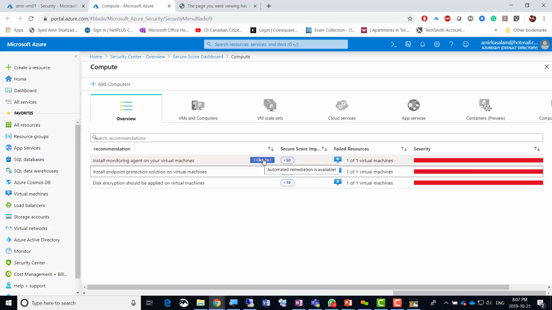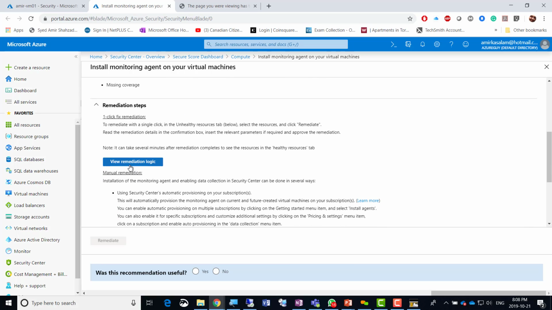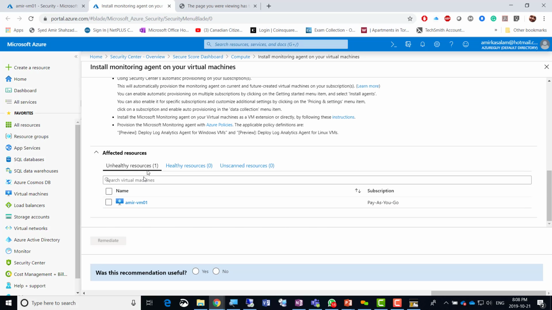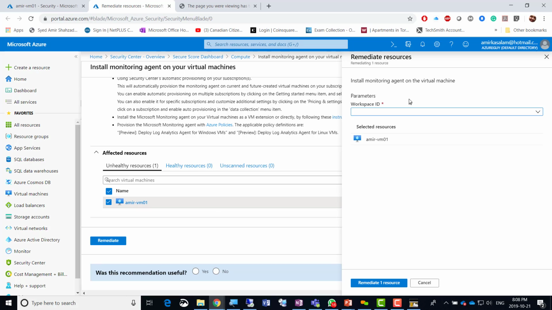I will click that one click fix and install monitoring agent on your virtual machines. It says recommendation score 0 out of 50. So if I just go down here, view remediation logic, it's saying, hey, do you want that agent for monitoring to be installed here? So I'm just going to select the virtual machine, and remediate just means install or implement right now. So I'm just going to click the remediate and install monitoring agent on the virtual machine, parameters, workspace ID, or just select that. Otherwise,